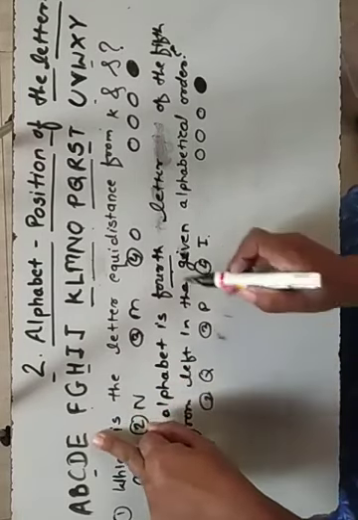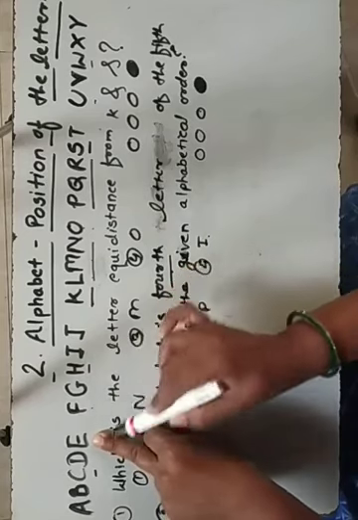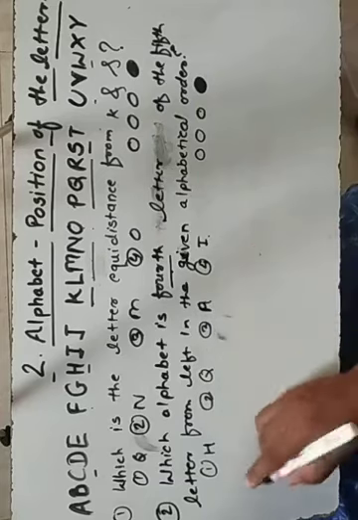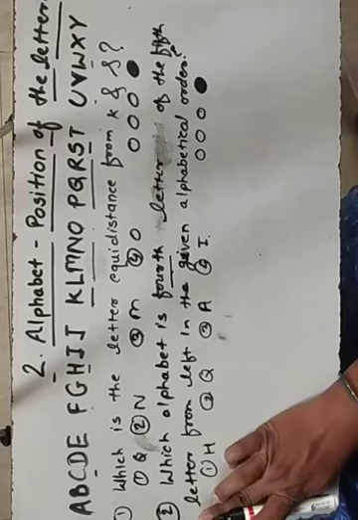Okay, so which is the 4th letter? In that situation 1, 2, 3, 4, and here 1, 2, 3, 4. So A will come here. Okay, for 8th standard, it is for whom? For 8th standard. In 5th standard this type of question will not come. They have to write only one answer.